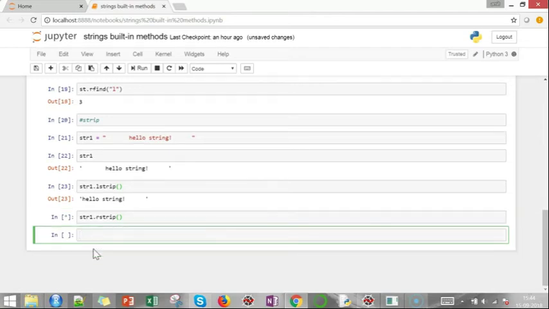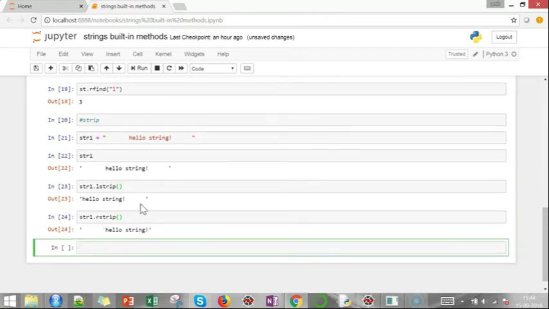When you are using the rstrip method, the right side white spaces are gone. But you could notice, and this is applicable for all the methods, that the methods don't change the original string.